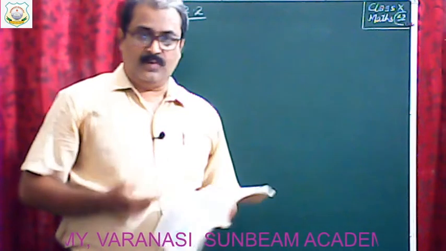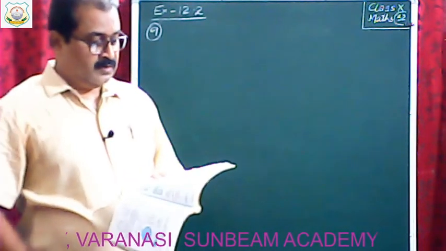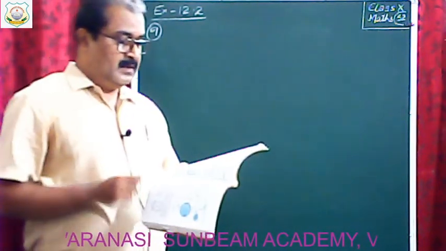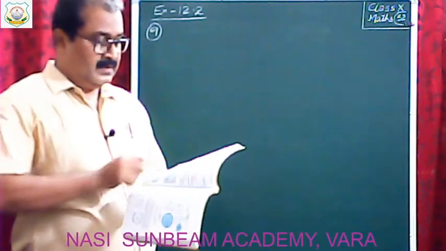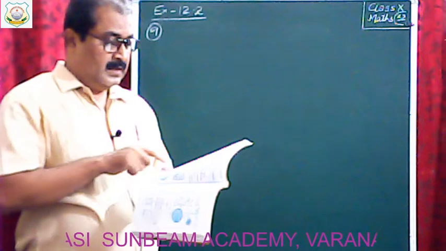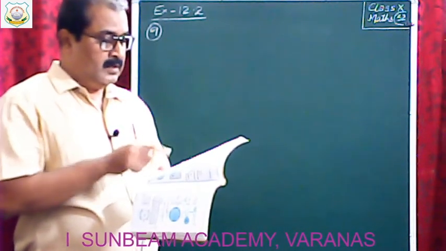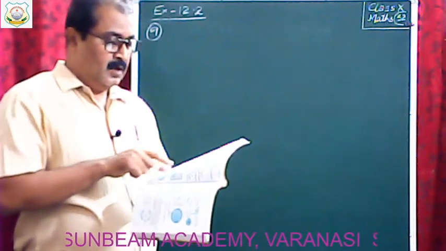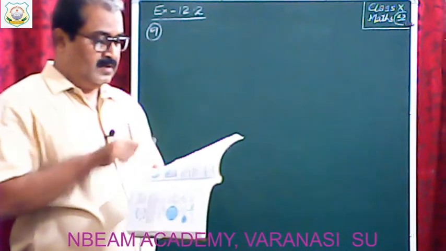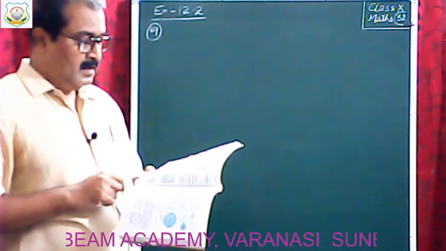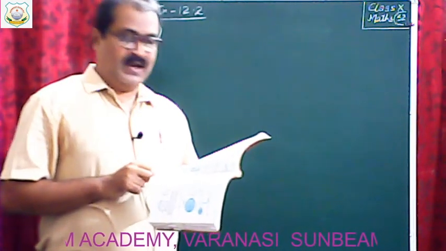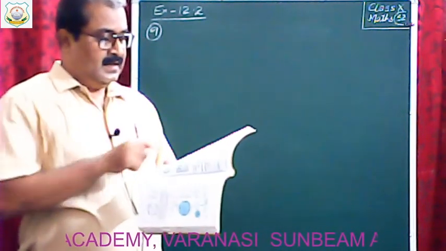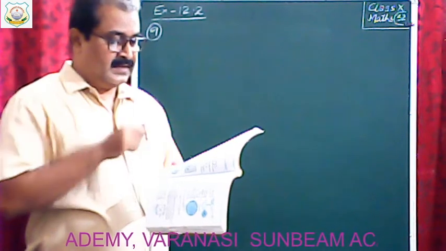Open your NCERT book and see the figure and question also. A brooch is made with silver wire in the form of a circle with diameter 35 mm. The wire is also used in making 5 diameters which divide the circle into 10 equal sectors as shown in the figure. Find first the total length of the silver wire required, second the area of each sector of the brooch.